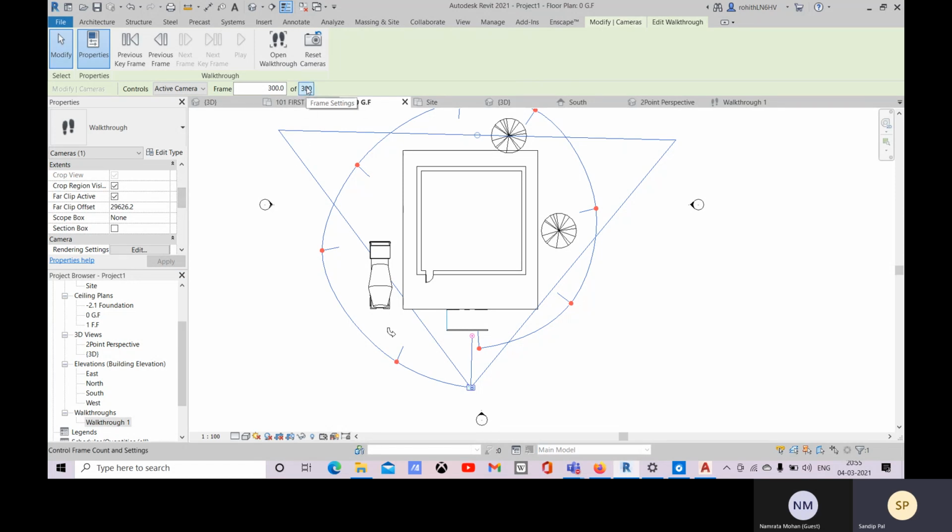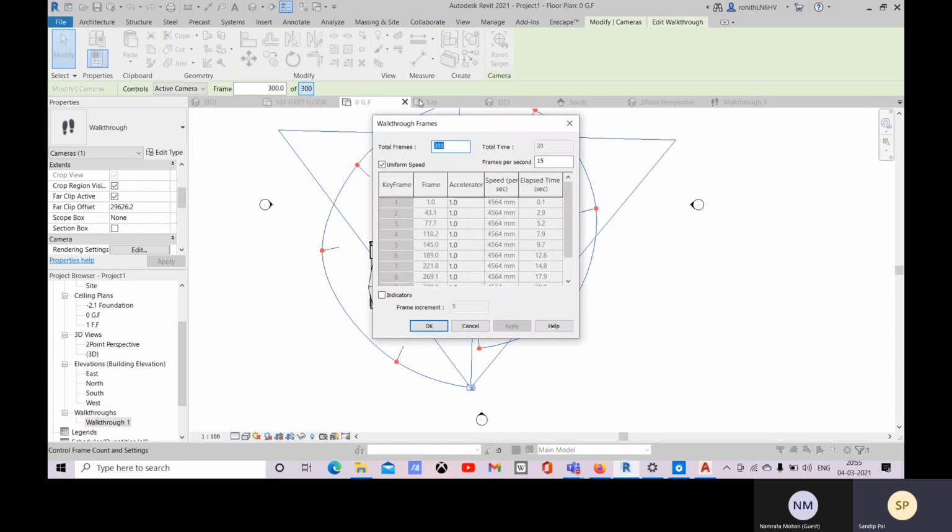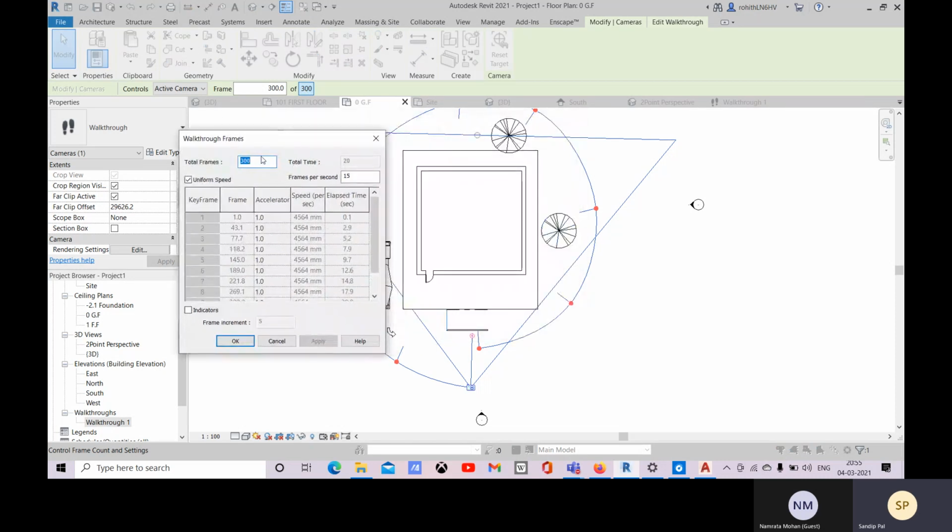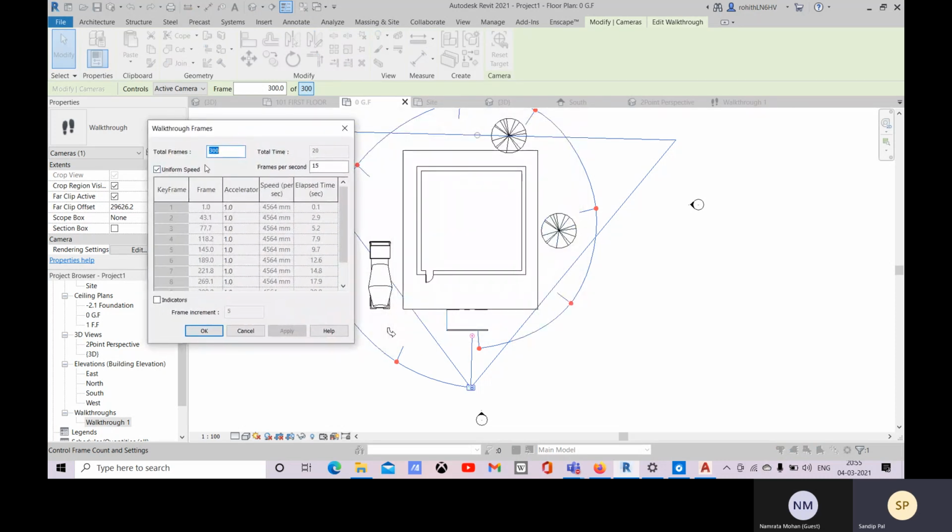You can again come to this edit walkthrough option, and here come to this 300. If you click on this option, this is your frame settings. Here you can see that by default we have 300 frames total. You can change 300 frames to 1000 frames, and set how many frames per second, which will define the total time. Like 1 frame per second, then accordingly the total time is 1000 seconds.